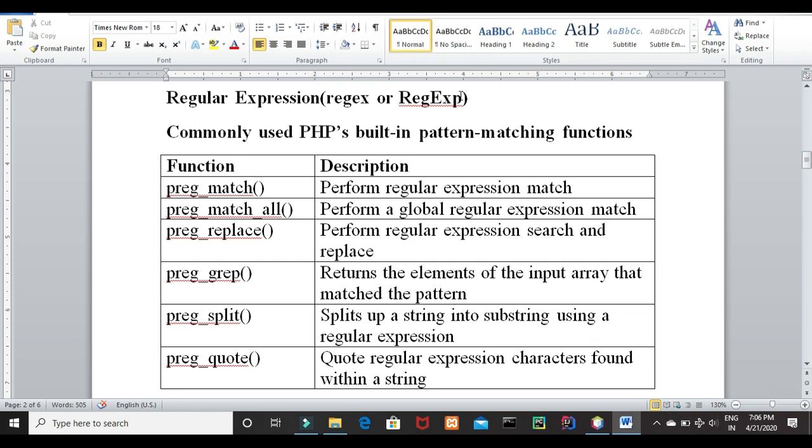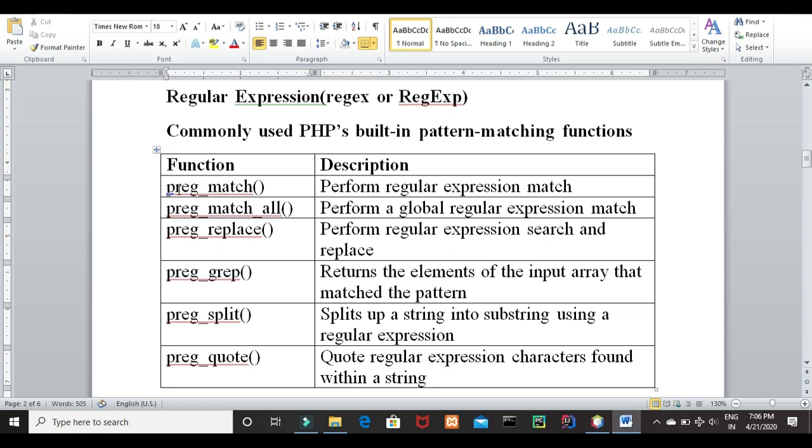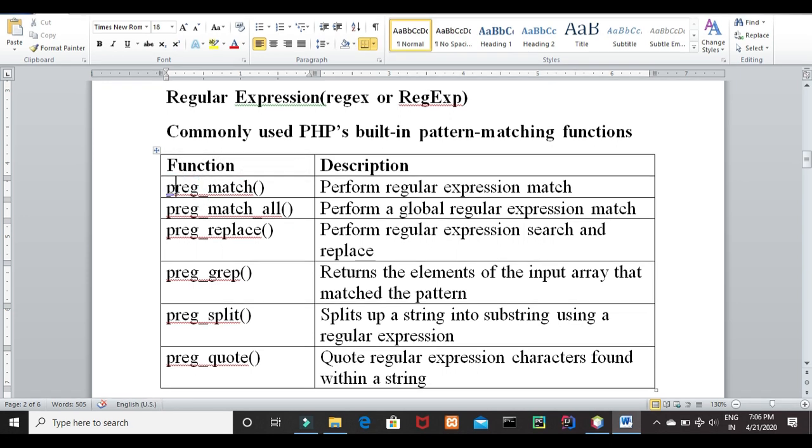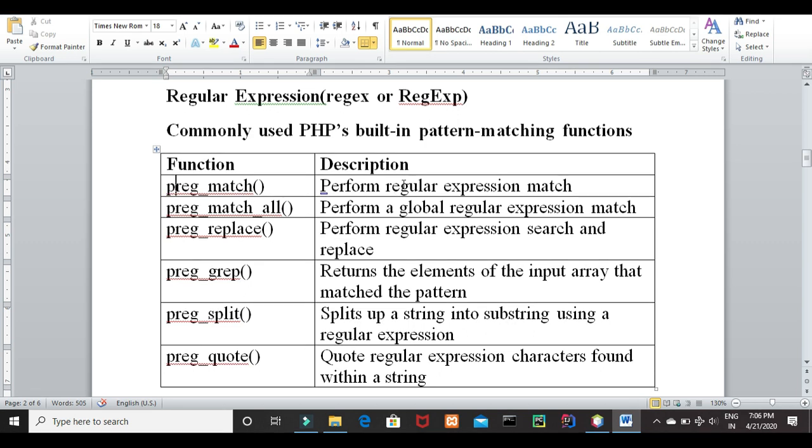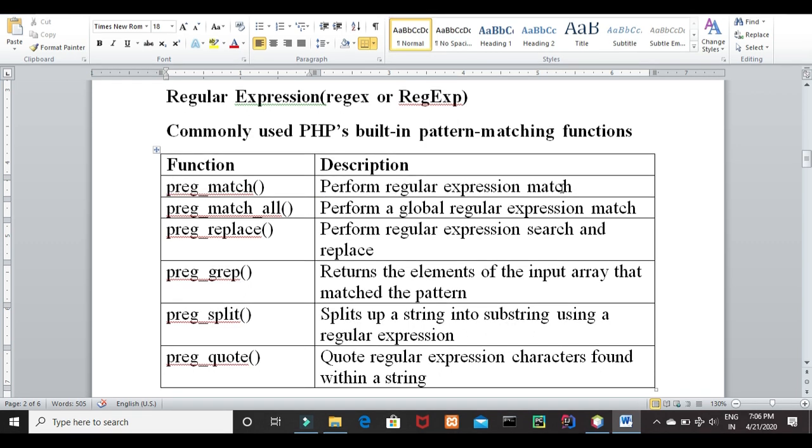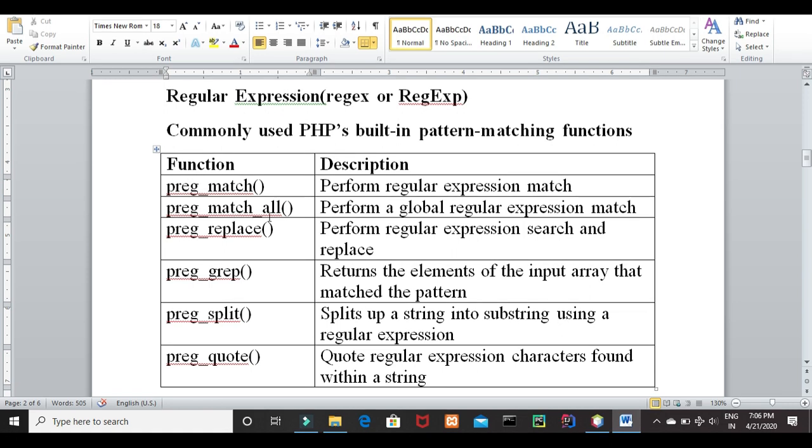Let us begin with some commonly used built-in pattern matching functions of PHP. The first function we are going to discuss is preg. Actually it is P-regular expression, so I'll call it preg. So, preg_match. This function performs a regular expression match. We can check for matches using this function. Next comes preg_match_all.